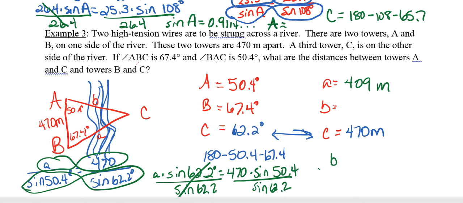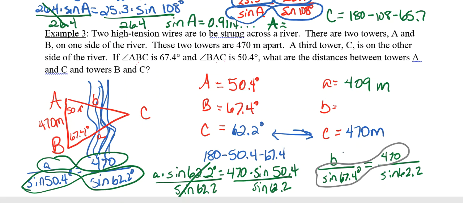Now I'm going to do side B. So that's going to be B over sine of 67.4. For the other one, I'm still using my C's or my pair. So that's 470 over sine of 62.2. We're going to go ahead and do our cross multiplying. So I have B times sine of